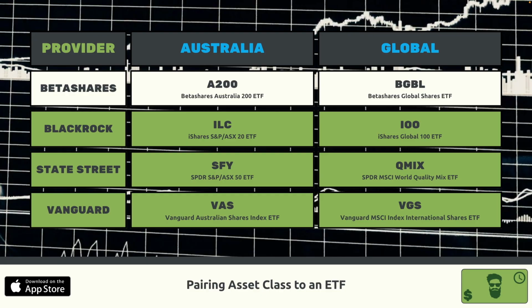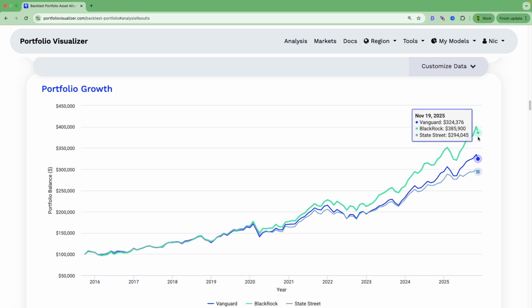It's really a good idea to look back at least 5 years when comparing products. So in this comparison, I started off with $100,000 and I used the 25% Australian, 75% global split. In 10 years, the Vanguard combination grew to 324,000, the BlackRock combination grew to 385,000, and the State Street combination